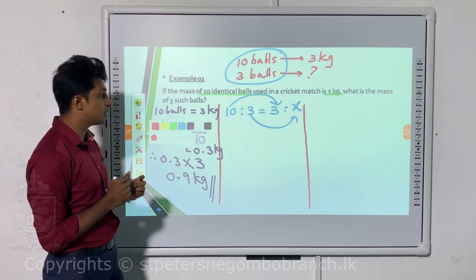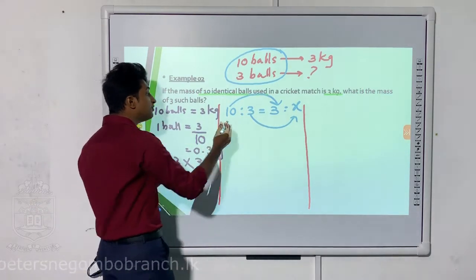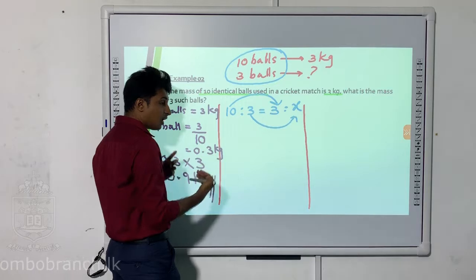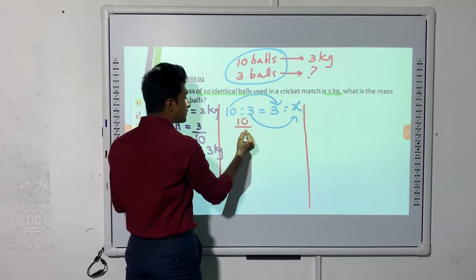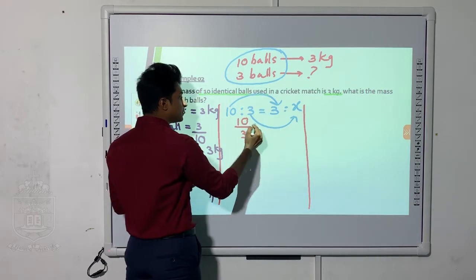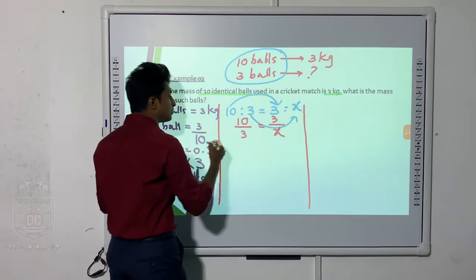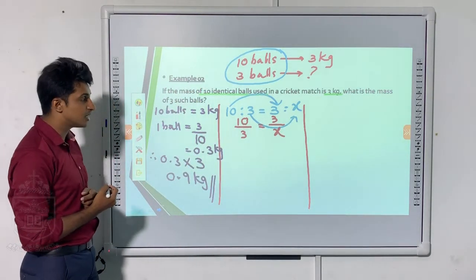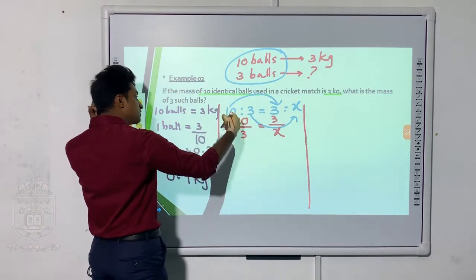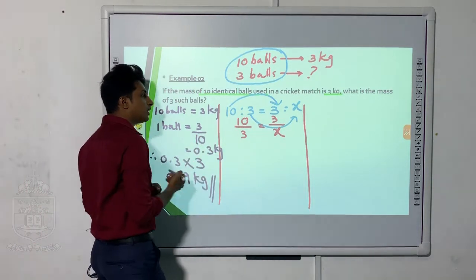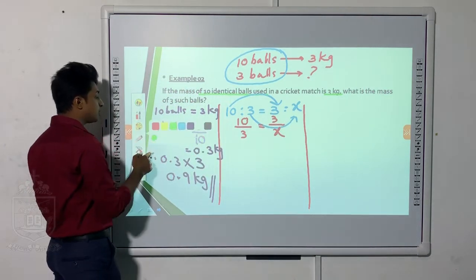I'm going to explain that as well, because in some questions, you will need the longer steps. For that, convert both the ratios into fractions. How to convert ratios into fractions? In the ratio, the first number will go up, second number will go down. Equals, from this side, the first number will go up, the second number will go down, always. In a ratio, when you're converting a ratio to a fraction, always the first number will go up, second number will come down, then you can cross multiply.